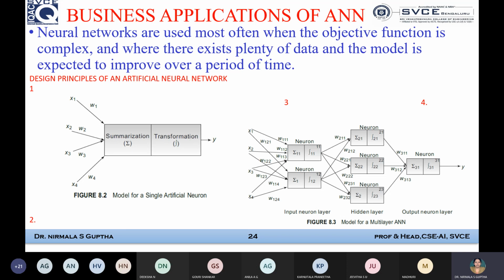The last design principle is the fourth one: a neural network can be trained. We can train our neural network model by making very simple decisions over and over with many training cases. The training data are the training cases. We can do it in a very easy way. It can be trained by making similar and simpler decisions over and over again with many training cases.